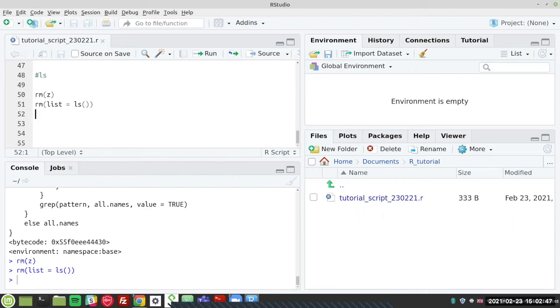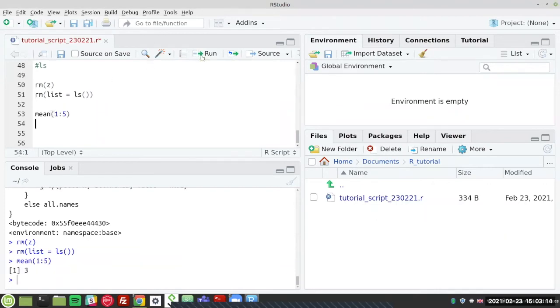standalone functions and functionalities. So if I want to list everything in my environment, I use the ls. If I want to remove something, I use the rm. If I want to do the mean, for example, I want to do the mean of 1 to 5, like we just did, the mean function will calculate the mean of 1, 2, 3, 4, 5. So a vector of values. So in that case, it's 3. The minimum, the maximum. So there's a set of functions that come with R, and you don't need to do